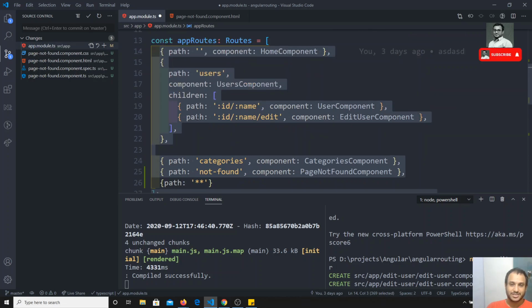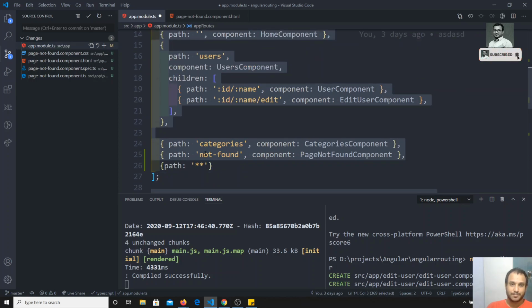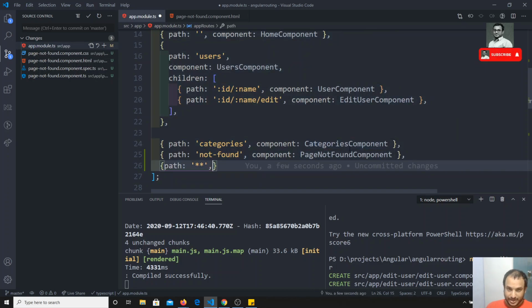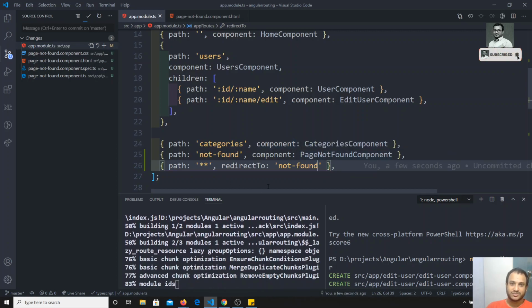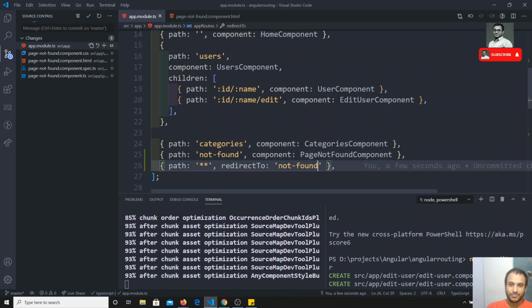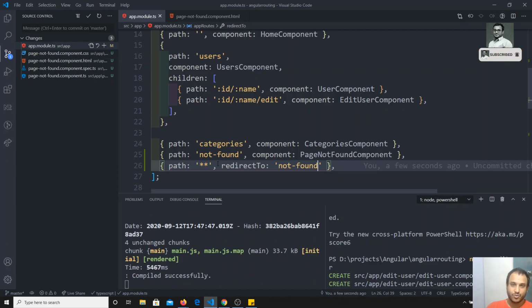If the path doesn't match any of these paths, please redirect. You have a special key, redirectTo, for the path you want to redirect to. I will redirect it to the not found path, so any path that doesn't match goes to one single path, not found.